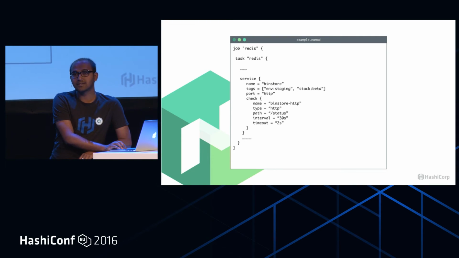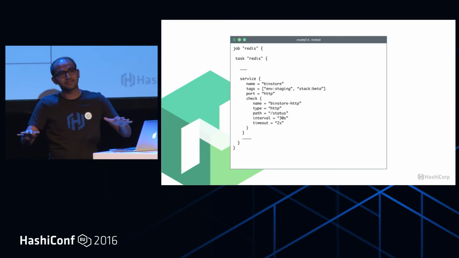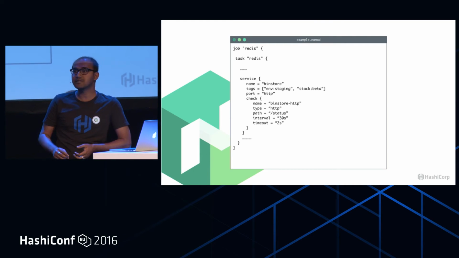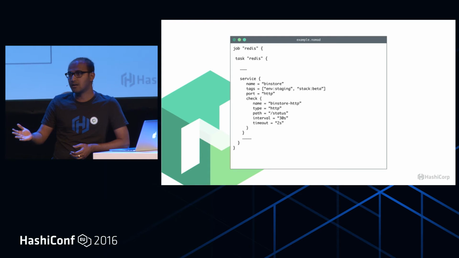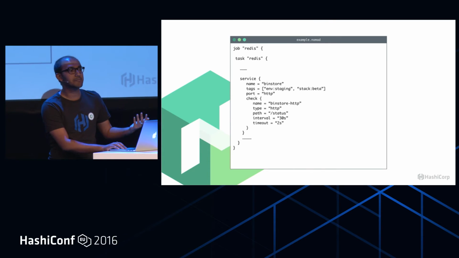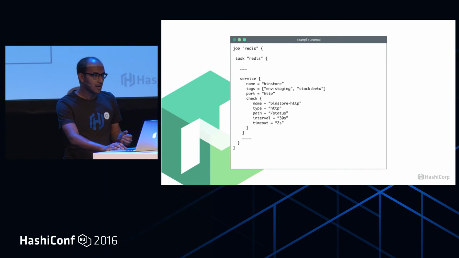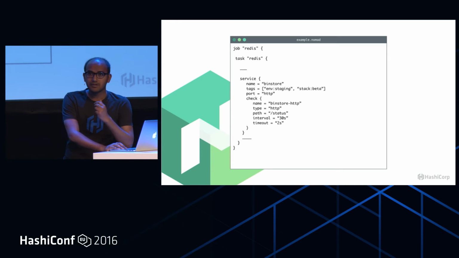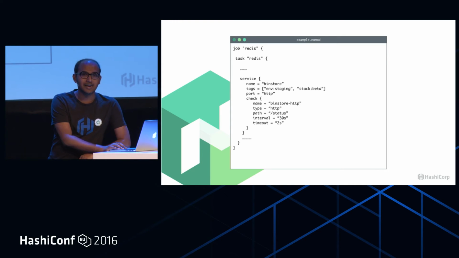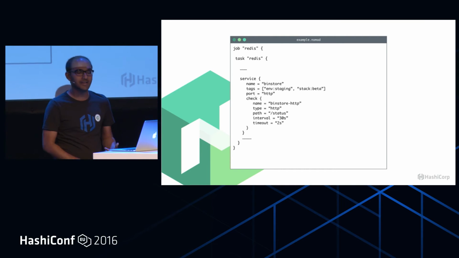So far, we have only integrated Nomad with Consul, because the space of service discovery is very fragmented. People use Zookeeper and etcd with very different mechanisms. For example, Twitter uses server sets with Zookeeper for service discovery, whereas others use the HTTP API of etcd. So we integrate with Consul out of the box, but it can be extended to work with other service discovery systems as well. As a developer, you can define the services that your task exposes and the health checks, and then Nomad is going to keep them synced with Consul and run the health checks and so forth.